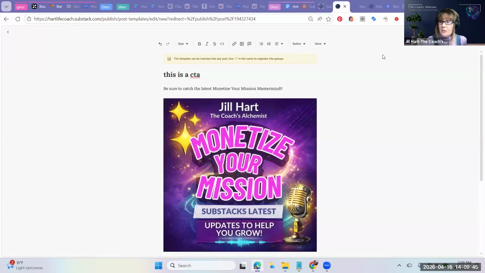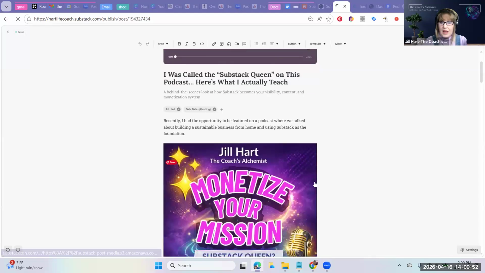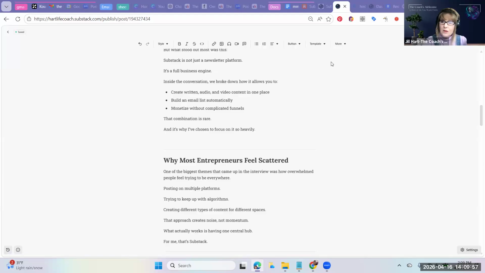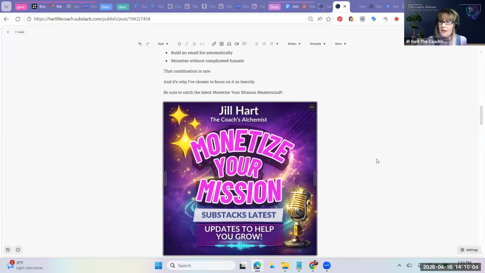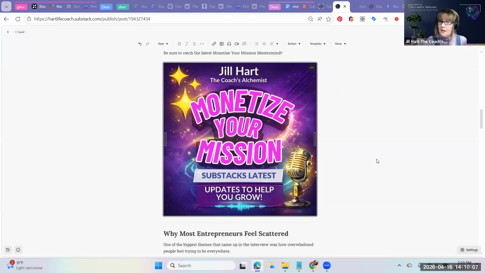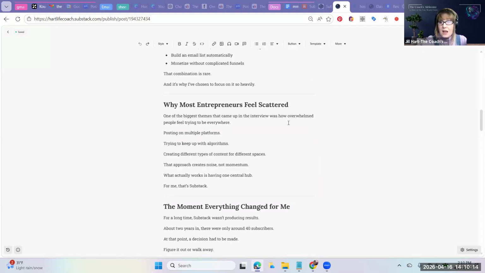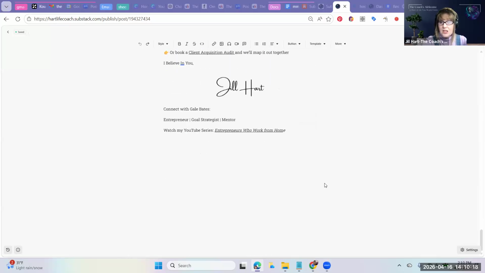Okay, so now this is a template and I click save. And then anytime I want to put that in a post, you just figure out where you want it. You go to the template and you click that piece and voila, it shows up right there for you. Is that exciting or what? I'm going to hit Control Z, Control Z. Okay, so this is especially great for signatures.